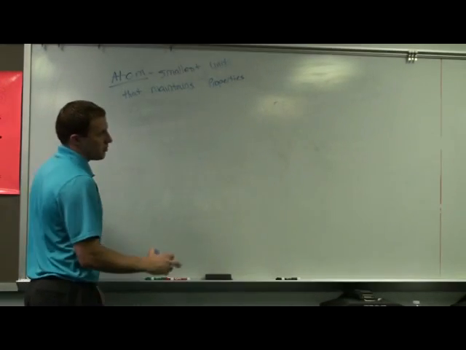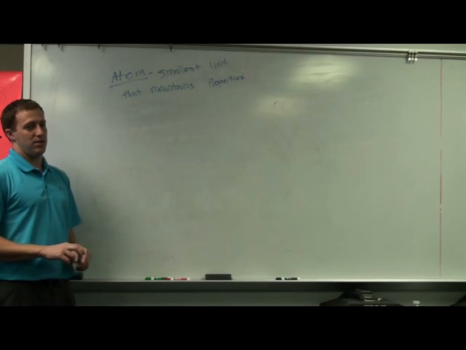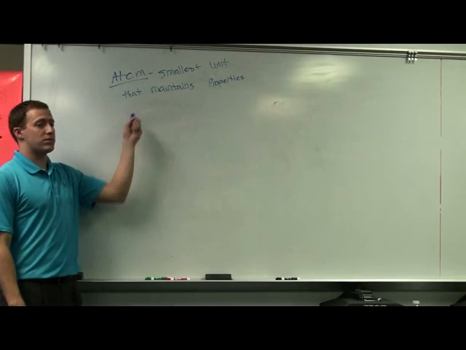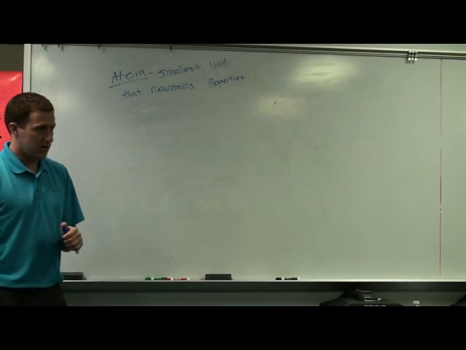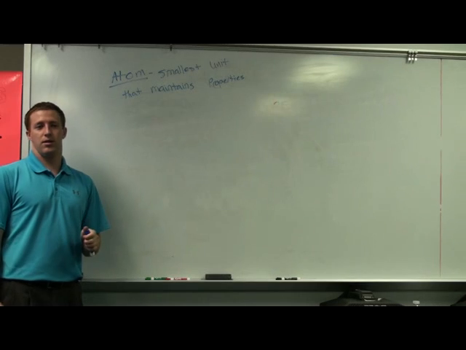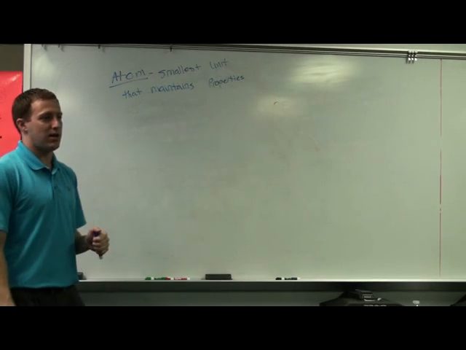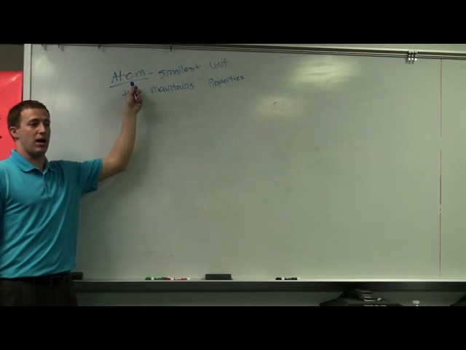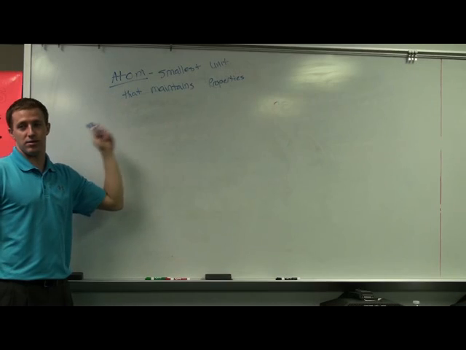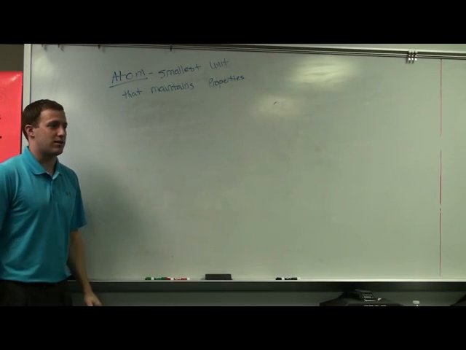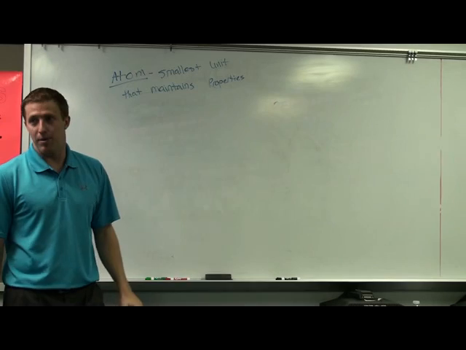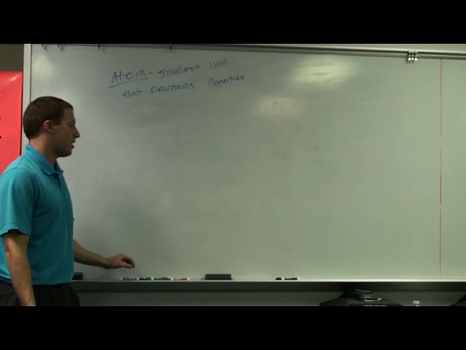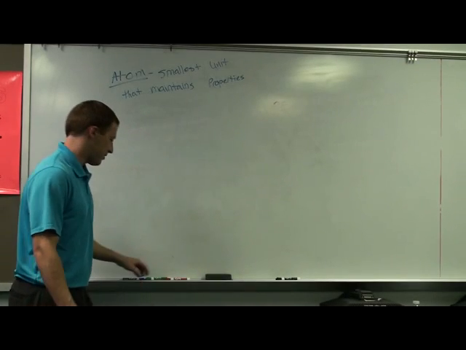Now don't get that confused with what living things are made out of. What are living things made out of? Not atoms, but cells. Okay? So atoms are living or not living? Non-living. And what's our word for non-living? Abiotic. Okay, so are atoms biotic or abiotic? Abiotic. What are cells? Biotic. Because biotic means living. Abiotic means non-living. So atoms are abiotic, cells are biotic. Good.